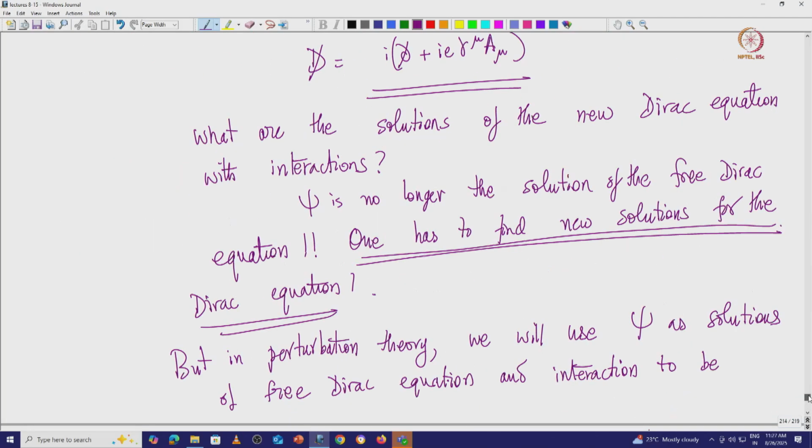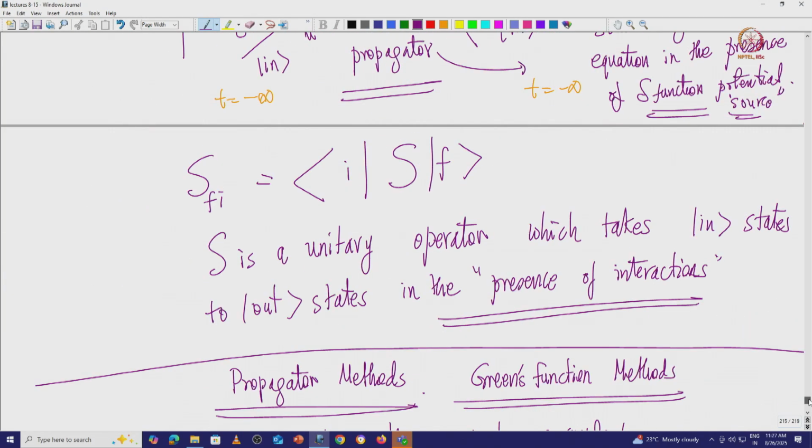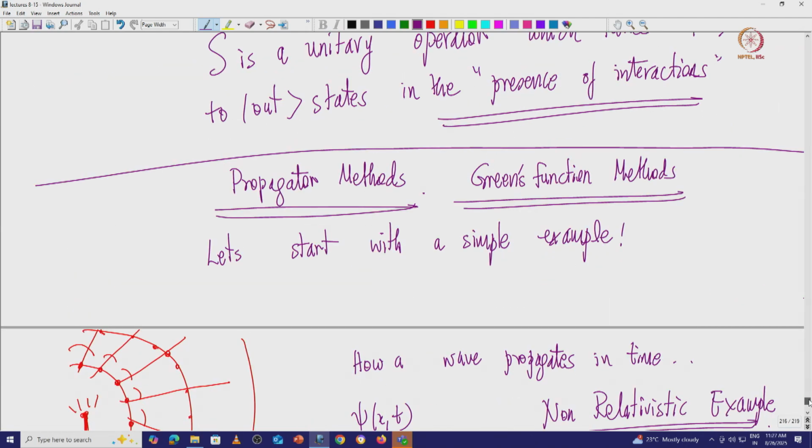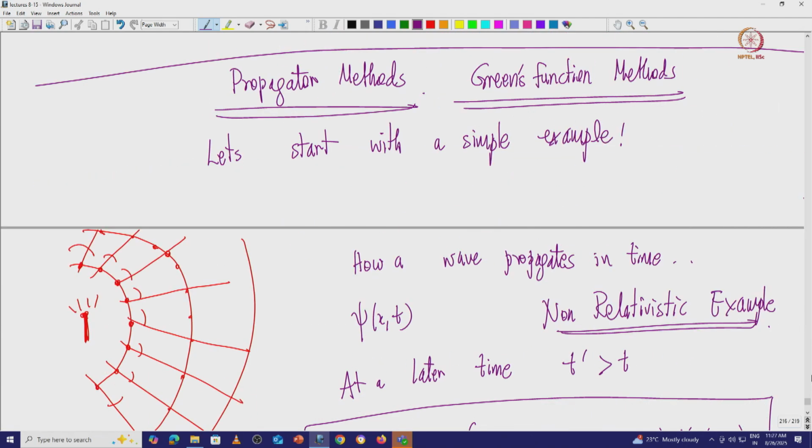So what we have started looking at is how to define the Green's function methods. This is exactly like in electromagnetic theory, which is relativistic. Of course the electromagnetic theory is the relativistic scenario, classical field theory, whereas we have started with a non-relativistic example like the Schrodinger equation. This employs all the features of Green's function methods, and it is quite intuitive. So that is the reason why I wanted to bring it about.